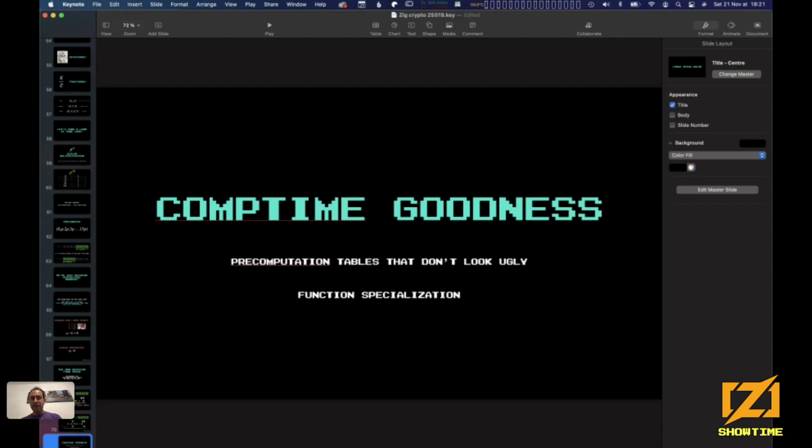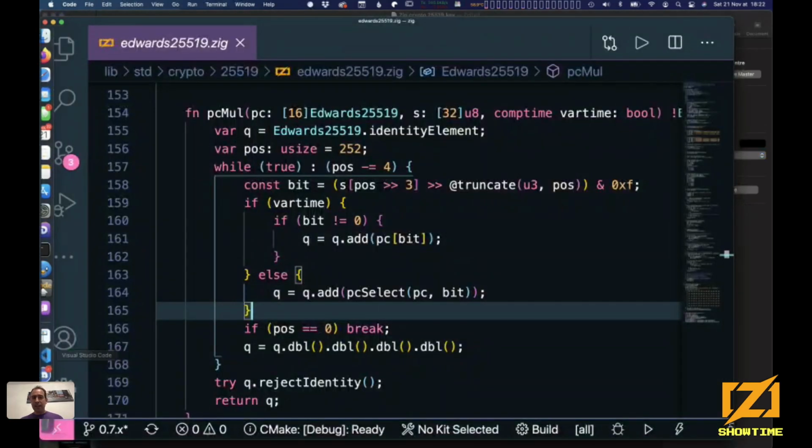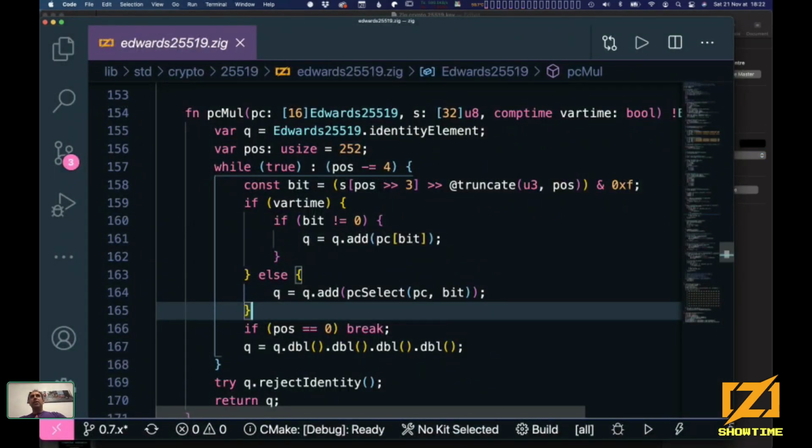Just a couple of cool applications for comp time that I found while implementing all these things. First, pre-computation tables don't have to look ugly. So let me show you what I mean by that. Remember that to generate a public key, we started with G, which was some value that both parties knew in advance. This is completely public. So we have the same thing for elliptic curves. We have a base point, which is well defined.